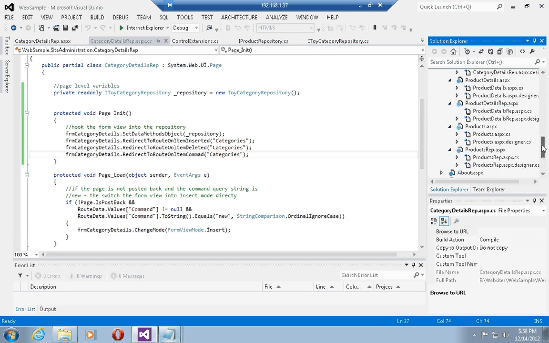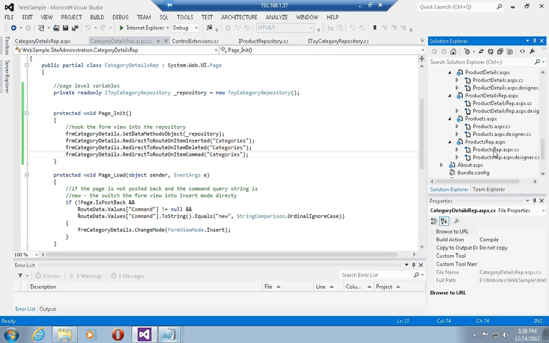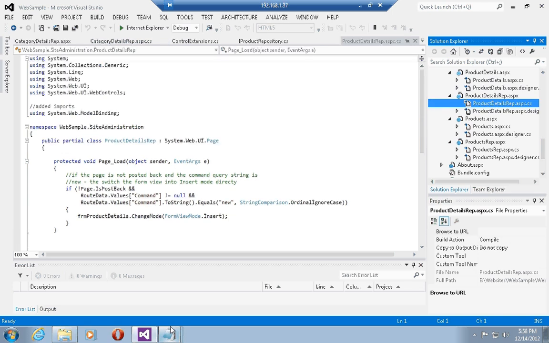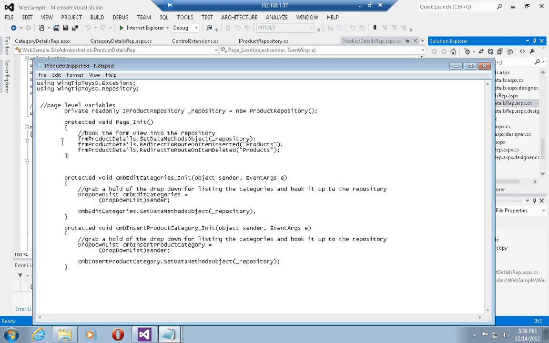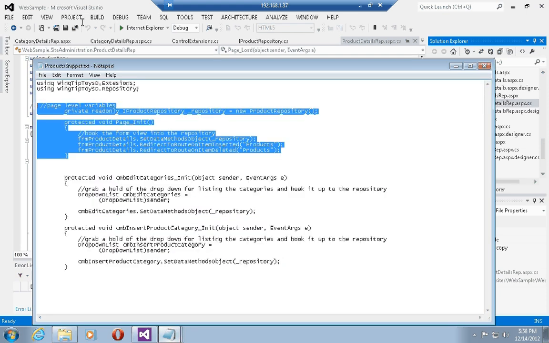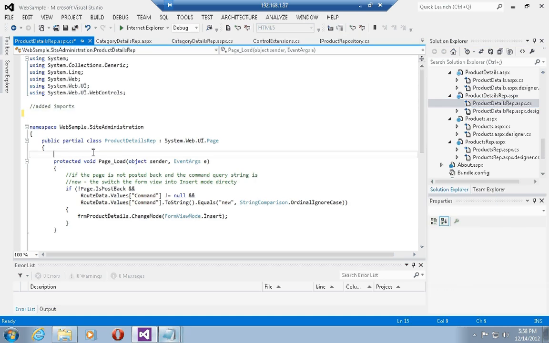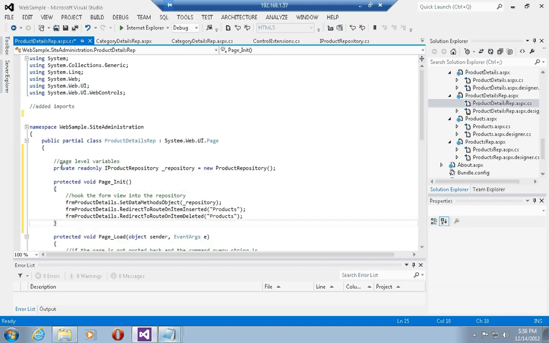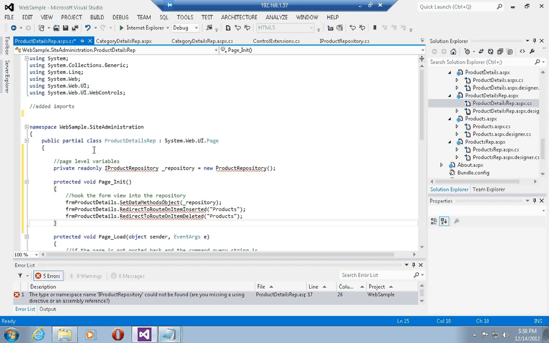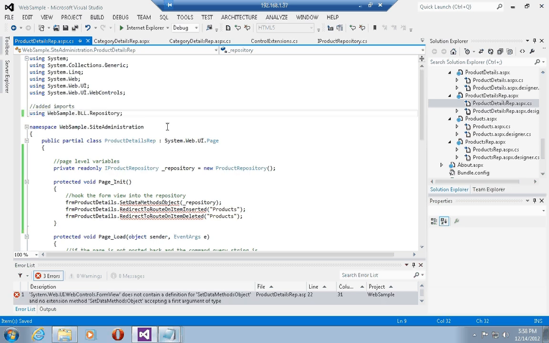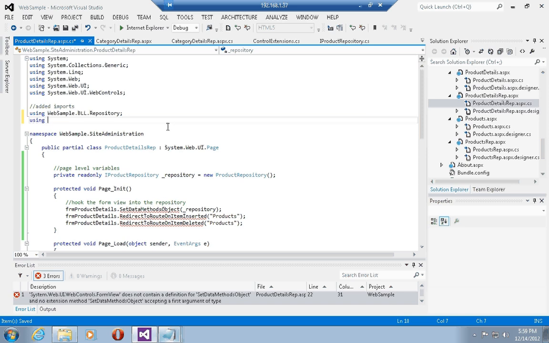I'm going to do the same for the products repository class, product details repository. So I'm just going to bring in the snippets. I can get rid of all of the imports that I have in the namespaces, and I'm again newing up an iProducts repository, and I get the red squigglies because I haven't yet brought in the bll.repository namespace where this is defined, and I also need to bring up the namespace where the extender methods are